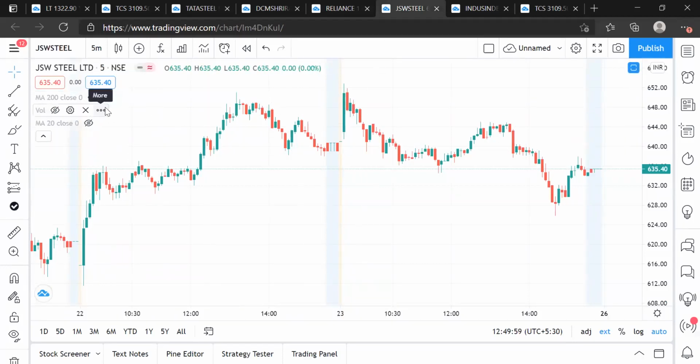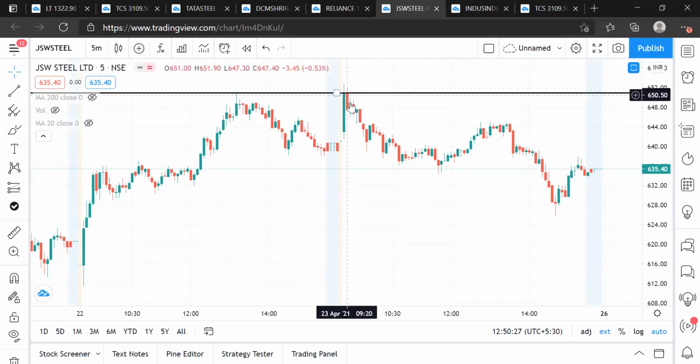Another example of JSW Steel. This example is of last Friday. First condition, the stock should rally during the previous day. The first condition is getting fulfilled. Second condition, the price opens slightly lower on the next day. And third condition, once it gets close to the previous day's high, please observe my cursor, it got close to the previous day's high and it started to find resistance over here. We started having these red bars, so we sold with a stop loss above this high, and look at the kind of decline we had after that.